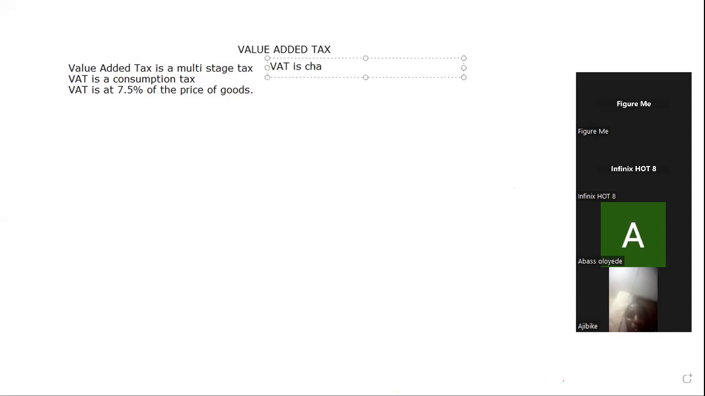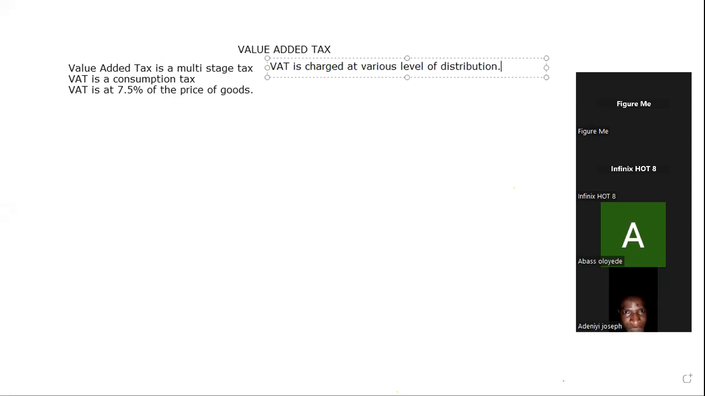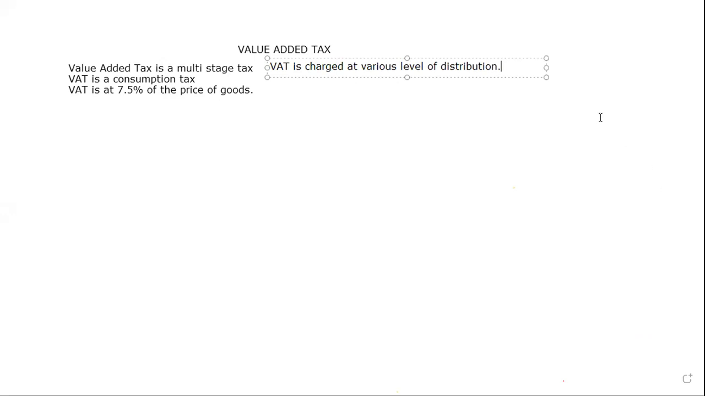VAT is charged at various levels of distribution. Now, let me explain what that means. If you have to move from the producer to the wholesaler, from the wholesaler to the retailer,